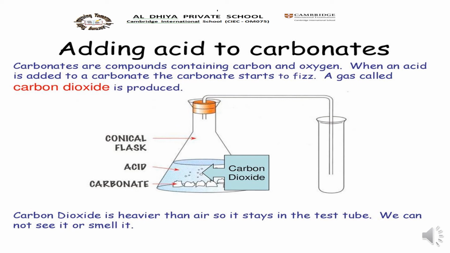Some more chips are added and more bubbles are produced, and then the reaction stops and some of the chips are left in the solution. The contents of the flask are poured into a filter paper in a filter funnel, and the solution and the chips are separated. The liquid is poured into an evaporating dish and heated until some solid appears. The mixture is then left to cool and more evaporation takes place. When the mixture has been left to cool, it is filtered again.